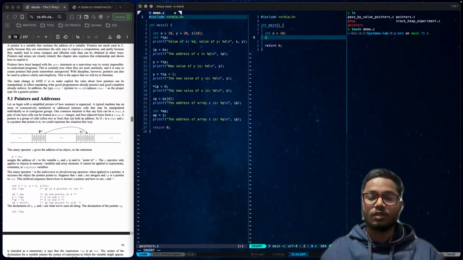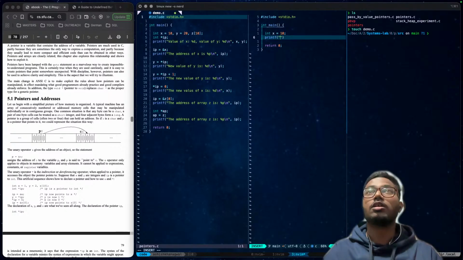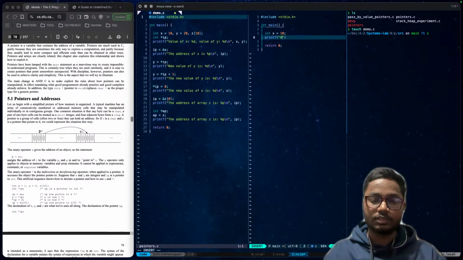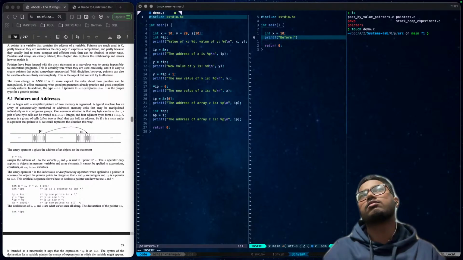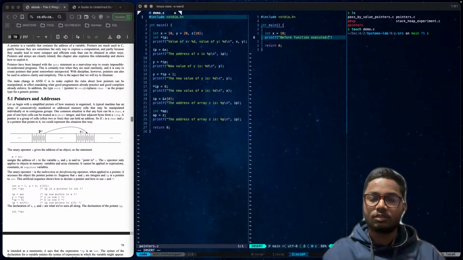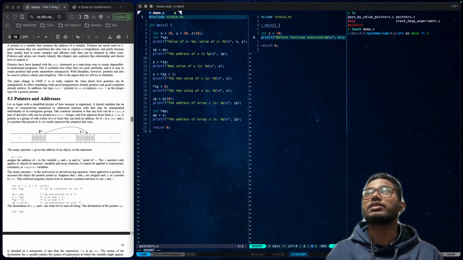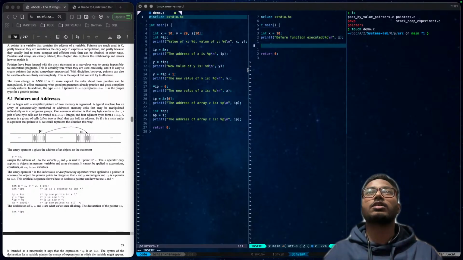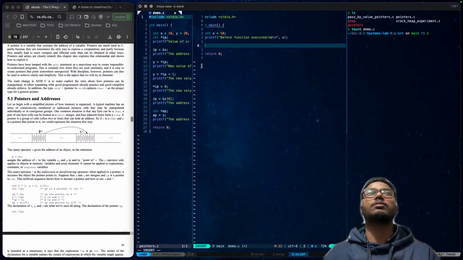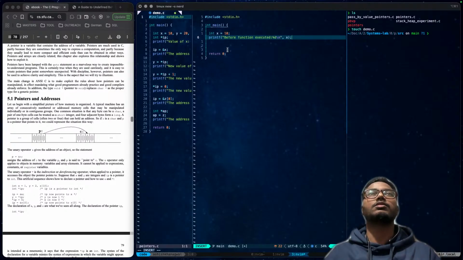Now we want to look at what the value of x is, like before the function executed, the value was x. Let me make the size a bit bigger.